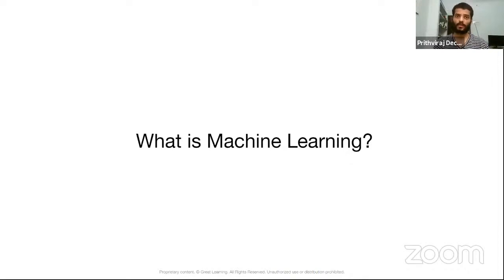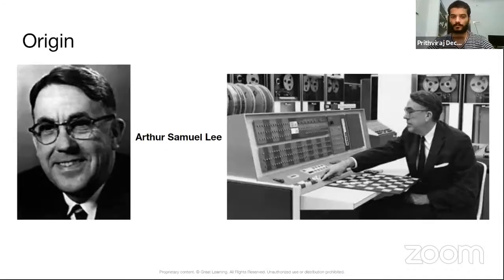So for machines to perform like humans, they have to be taught like humans. Humans learn through experience, and for machines, experience is nothing but data. Machine learning, in general, to give you a definition, is nothing but the study of algorithms that can learn from data.